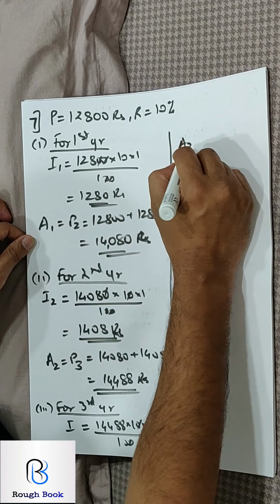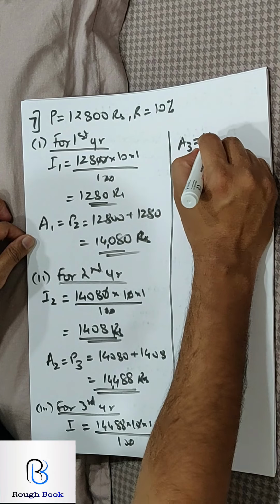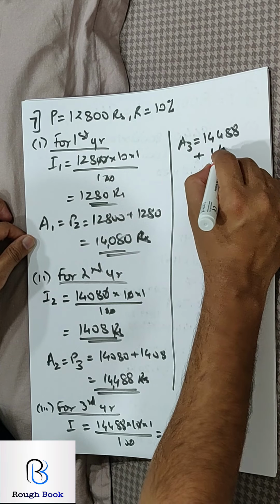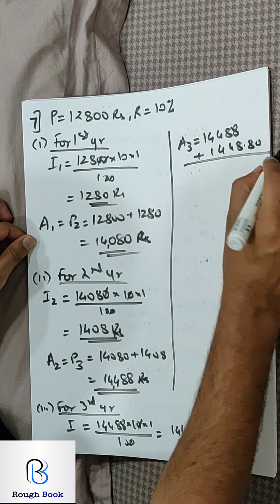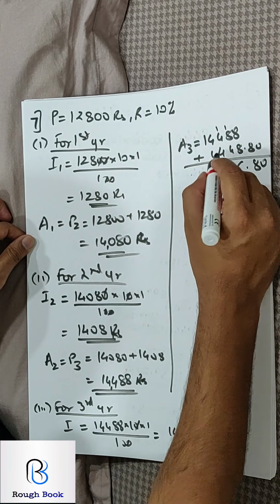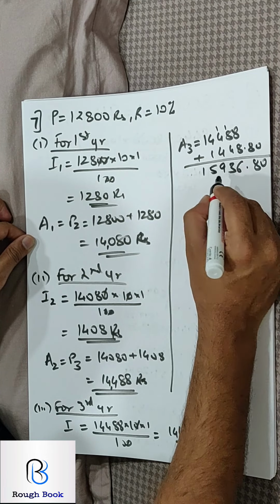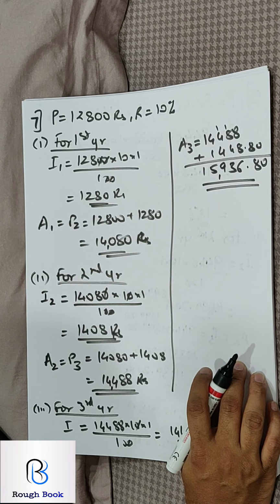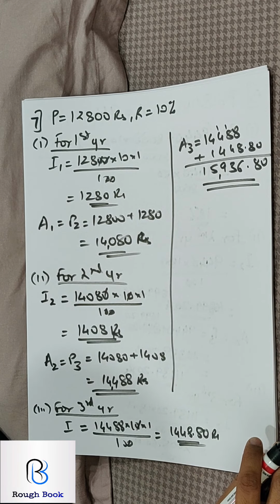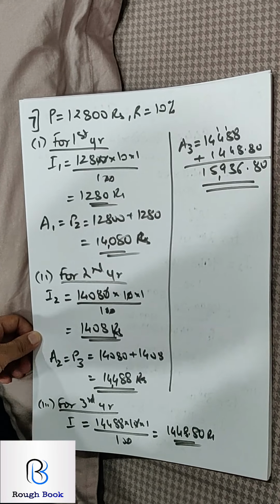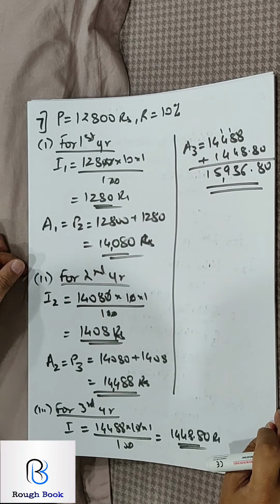So now I will calculate A3, which should be 15,488 plus 1548.80. So 0.80, 8, 8, 16, 12 and 1, 13, 8 and 1, 9, 5, 1. So it should be 15,936.80. Is it? Or have I messed up again? Yeah, lots of errors in this video. I'm really sorry for this.